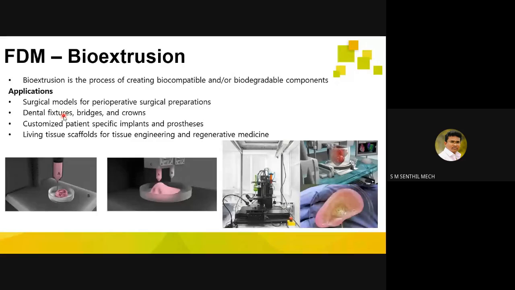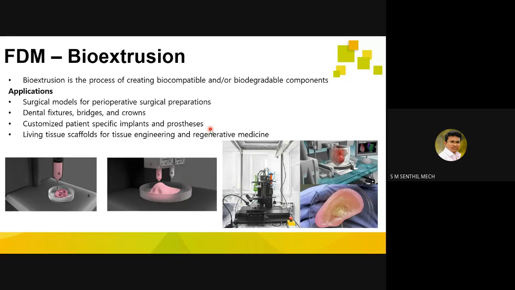There are also techniques wherein you can directly print the teeth using ceramic printers, okay, and customized patient-specific implants. Implants, okay, implants like ears or jaw parts or skull parts. Also prosthesis, which are nothing but these bones. If a bone gets highly damaged, if it gets broken into a number of pieces which can't be joined together,